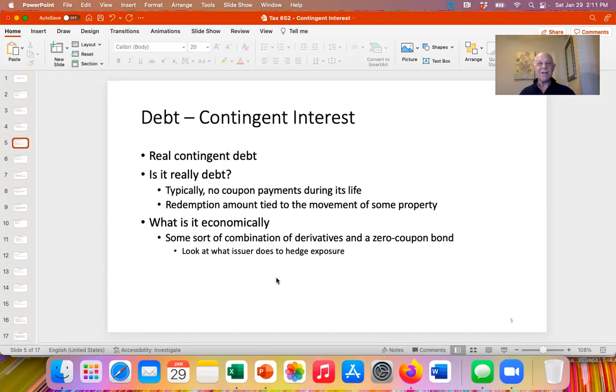And the way you can tell that is you ask the person who issued the debt, what are you doing to hedge yourself? What are you doing to make sure that you're going to be able to pay off the debt at the end? And they'll tell you, oh, I'm buying a zero coupon bond of a certain amount, and we're entering into this derivative of Y amount. And when you add up the cost of the zero coupon bond along with the derivative, you're going to find that that's less than the amount of money the investor has given to them on day one,